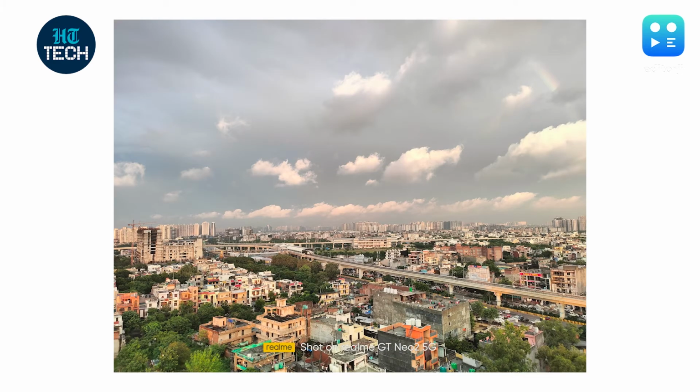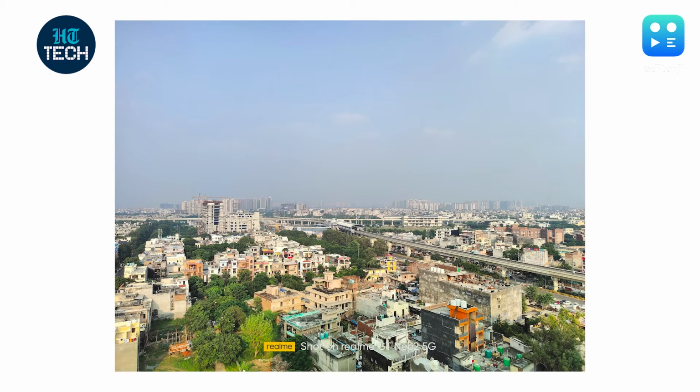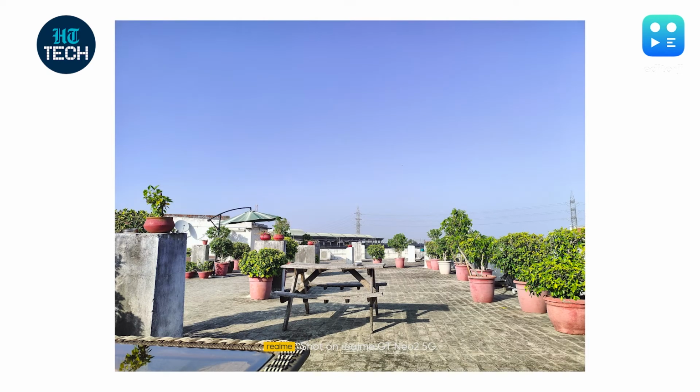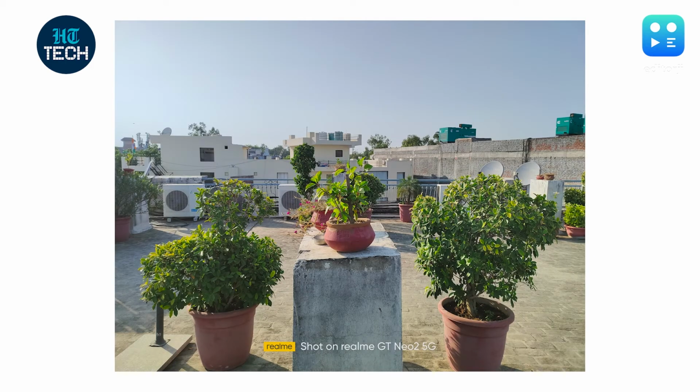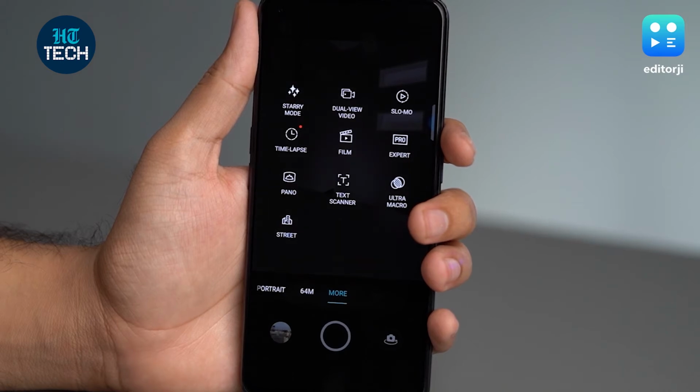But the color processing algorithm can go haywire sometimes, leading to either oversaturated or undersaturated colors, which don't look much like the actual scene. The color processing can be fine-tuned further though, and I would really like to see this fixed in an update. Realme's camera app though is very feature heavy and gives you a lot of different modes